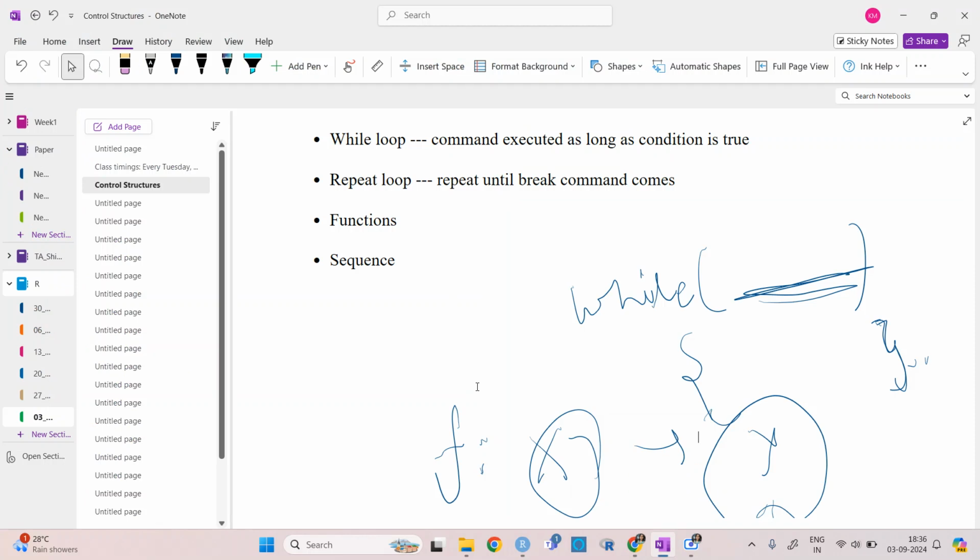Let's say you are writing a long code, with 500 lines, and you forgot to give that break command, then it can be very problematic, right? Because it will just keep repeating, it will take all of your memory, and sometimes you will not understand why it is working like that. So we need to be a bit careful while using this repeat.